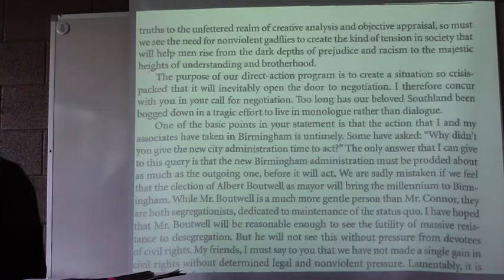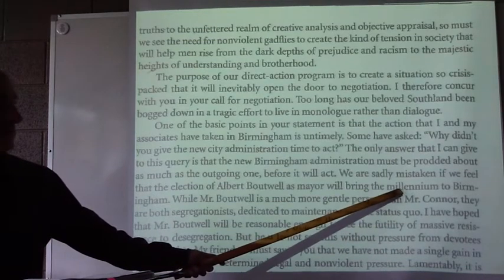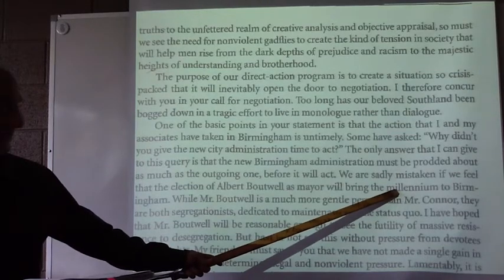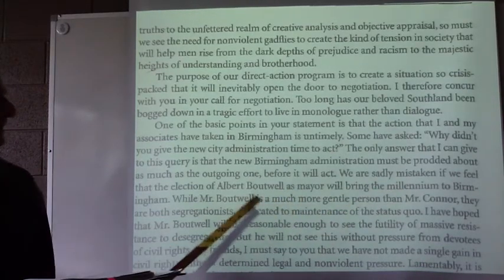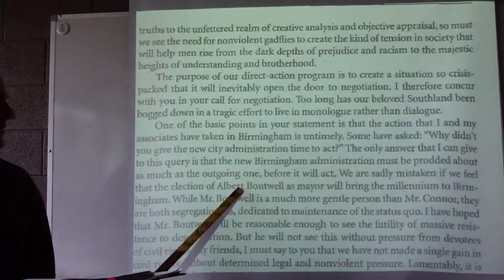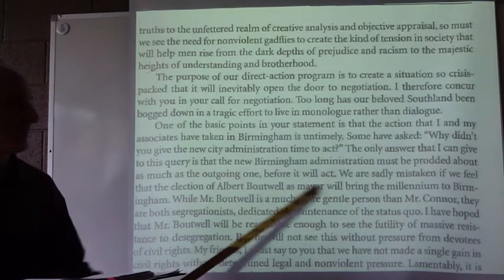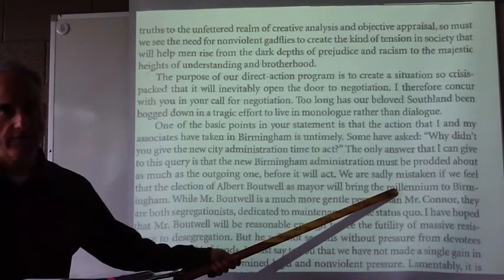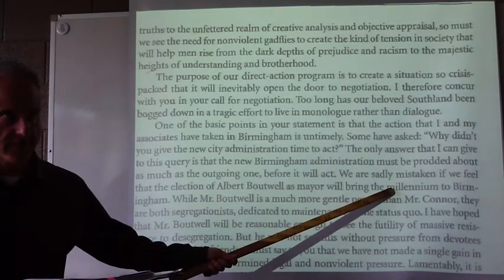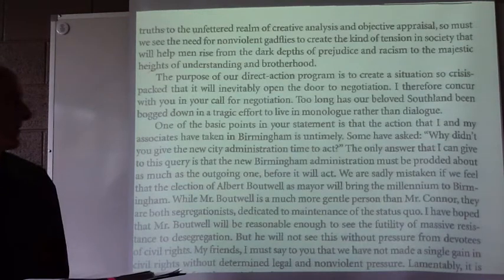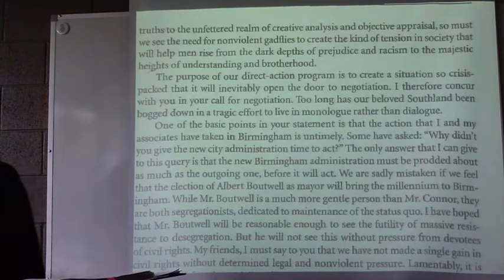Well, we do have an allusion to the Bible here. It's not that big of a deal in a letter to clergymen, but he's saying that this new mayor, this new administration isn't going to make any changes. They're not going to bring about some major improvement, and he's referring to the millennial reign of Jesus after Armageddon and the end times. So it's just a biblical allusion you might not have caught.